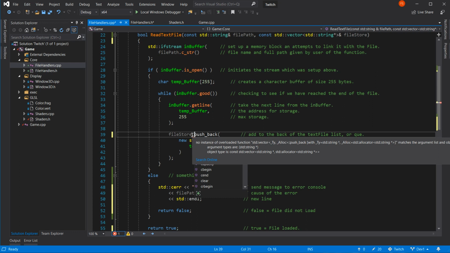Argument types are std::string star. Object type is const std::vector of std::string.